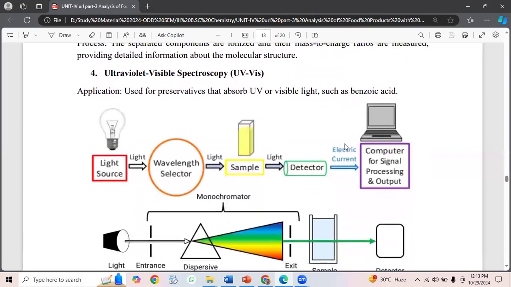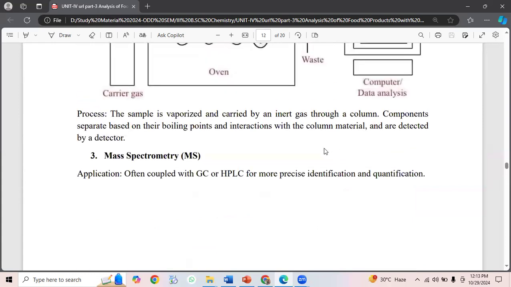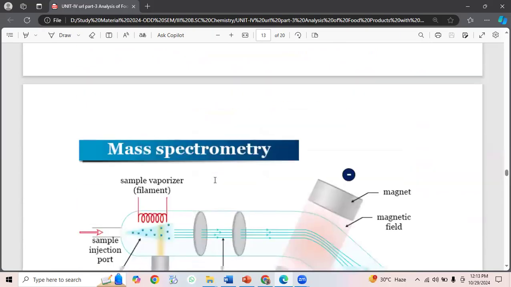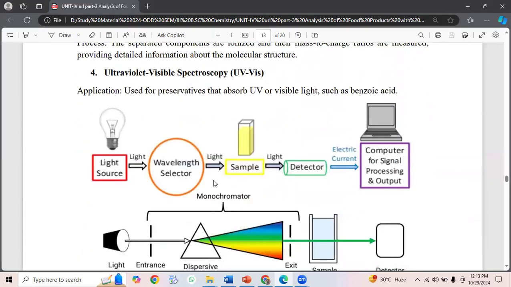Where it is used: it is often coupled with GC or HPLC for more precise identification and quantification. Along with GC or HPLC, we can do mass spectrometry identification with more precision. Okay, the next one